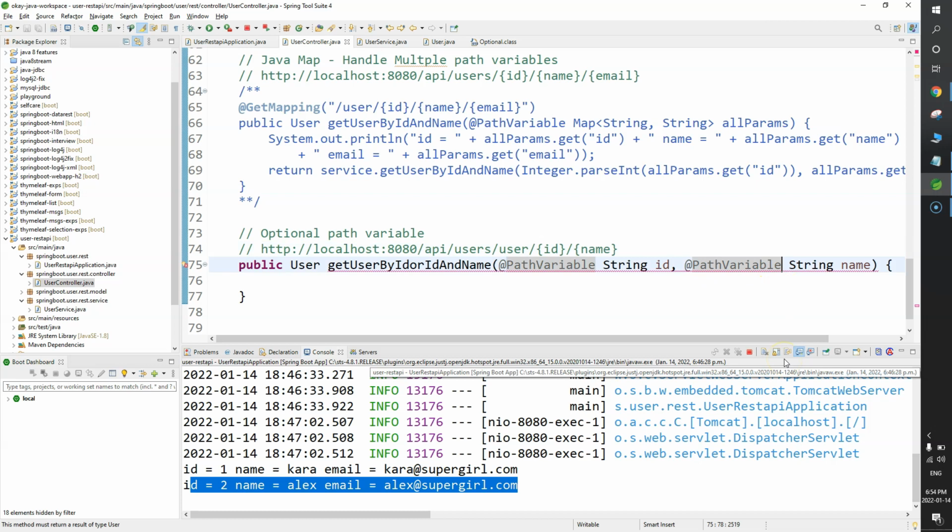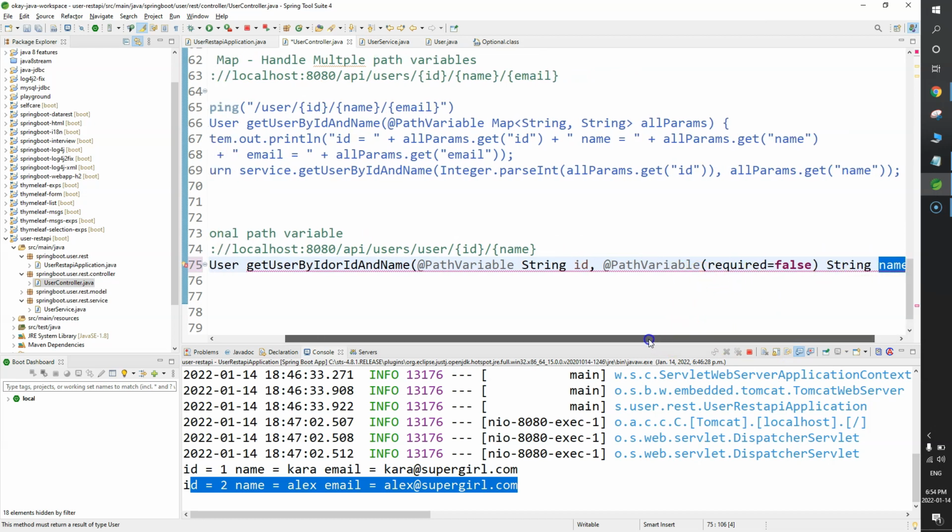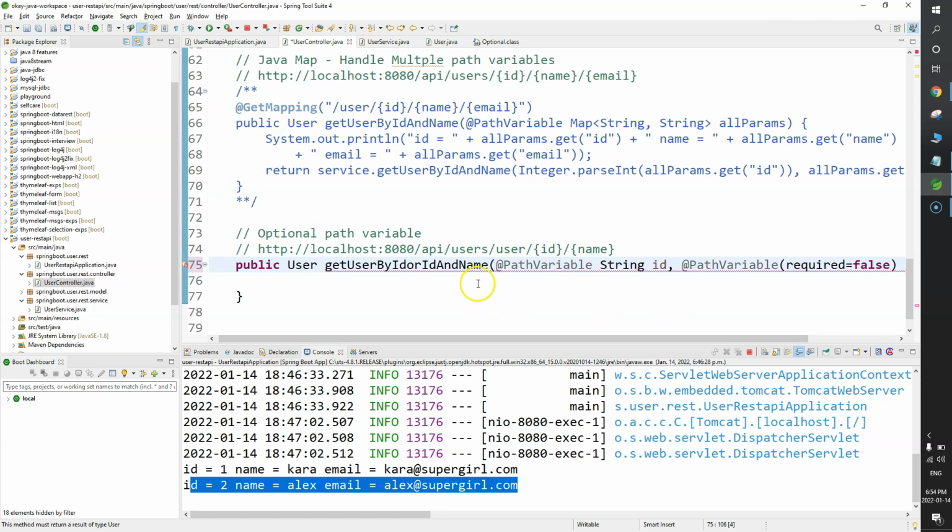So how can we make this particular parameter optional? We'll use required equals false, this particular property. Required equals false. It means that this particular variable or parameter is not required. It is optional. It may or may not be available. Okay, so guys, let's do one thing. I will first sysout here, id equals id plus name equals name. Okay, now what I will do here, if name is not equal to null